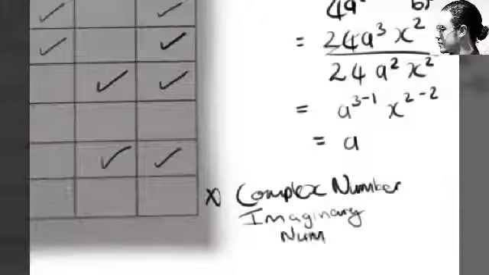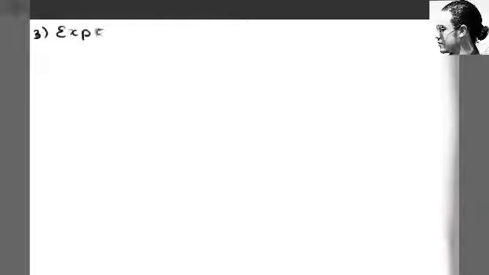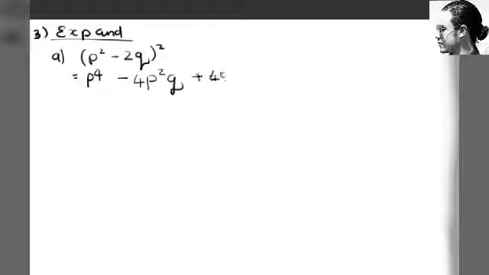That's for both number 1a and also number 1a2, and any negative number under a square root is not part of the real number system, therefore we say it's part of the imaginary number system. At number 3 of class test 1.2, we have expand the following products, and then we